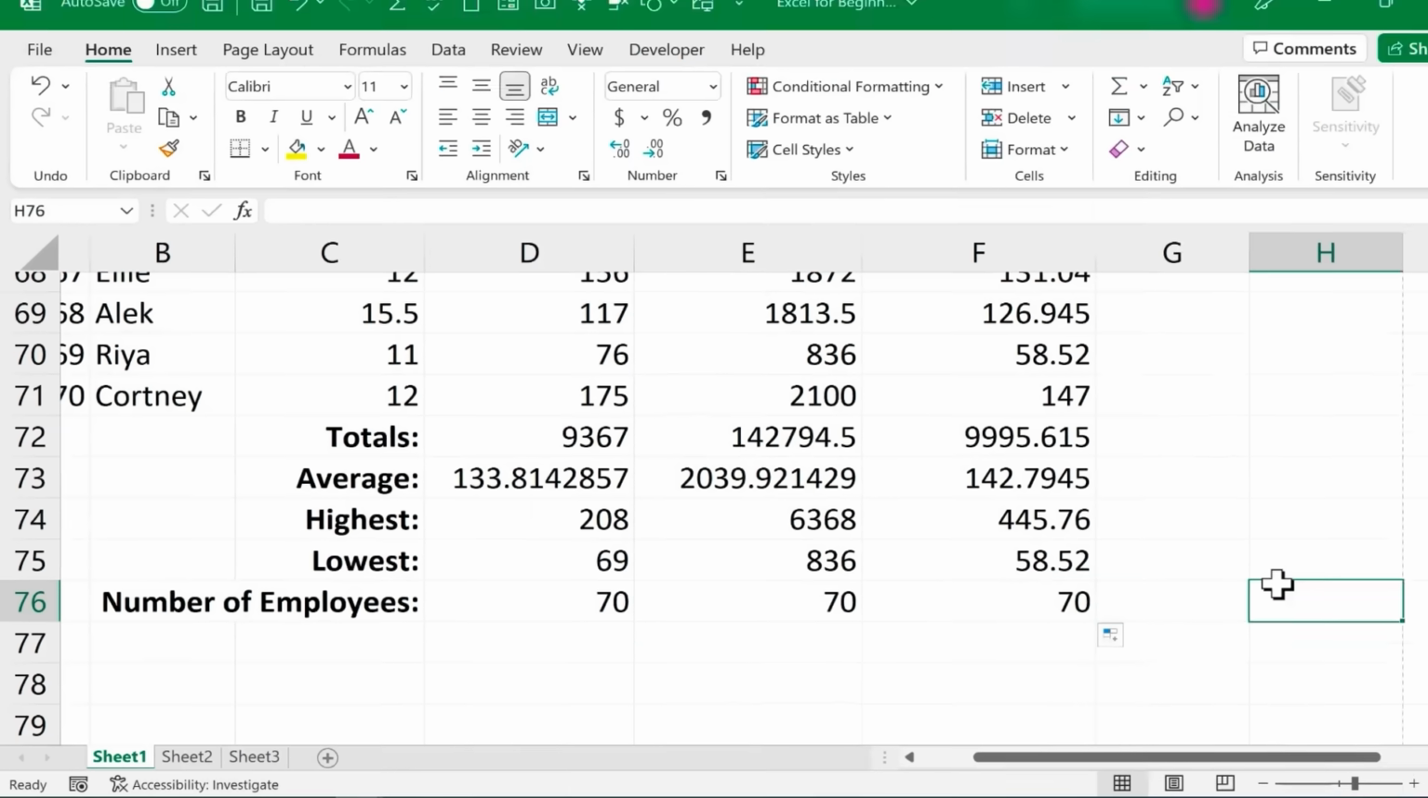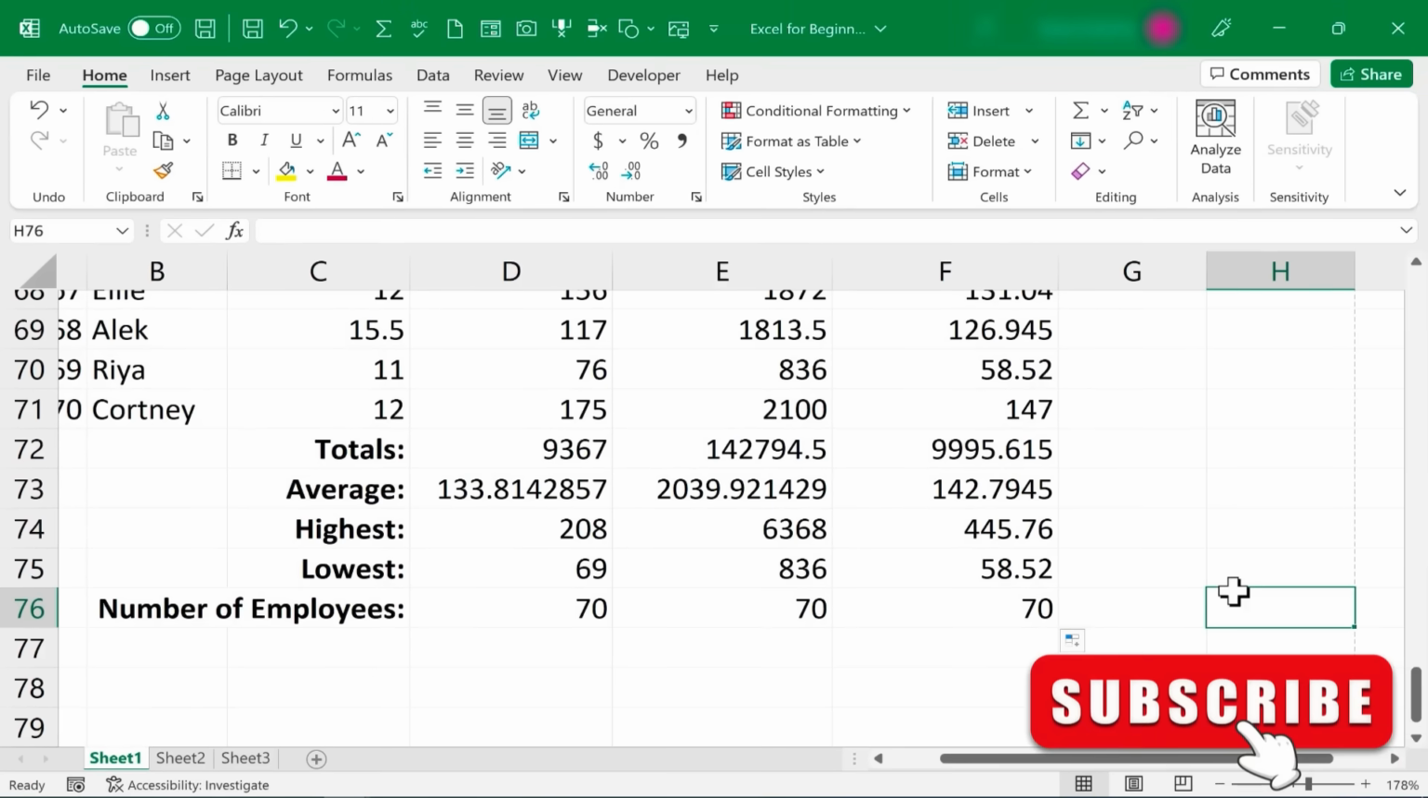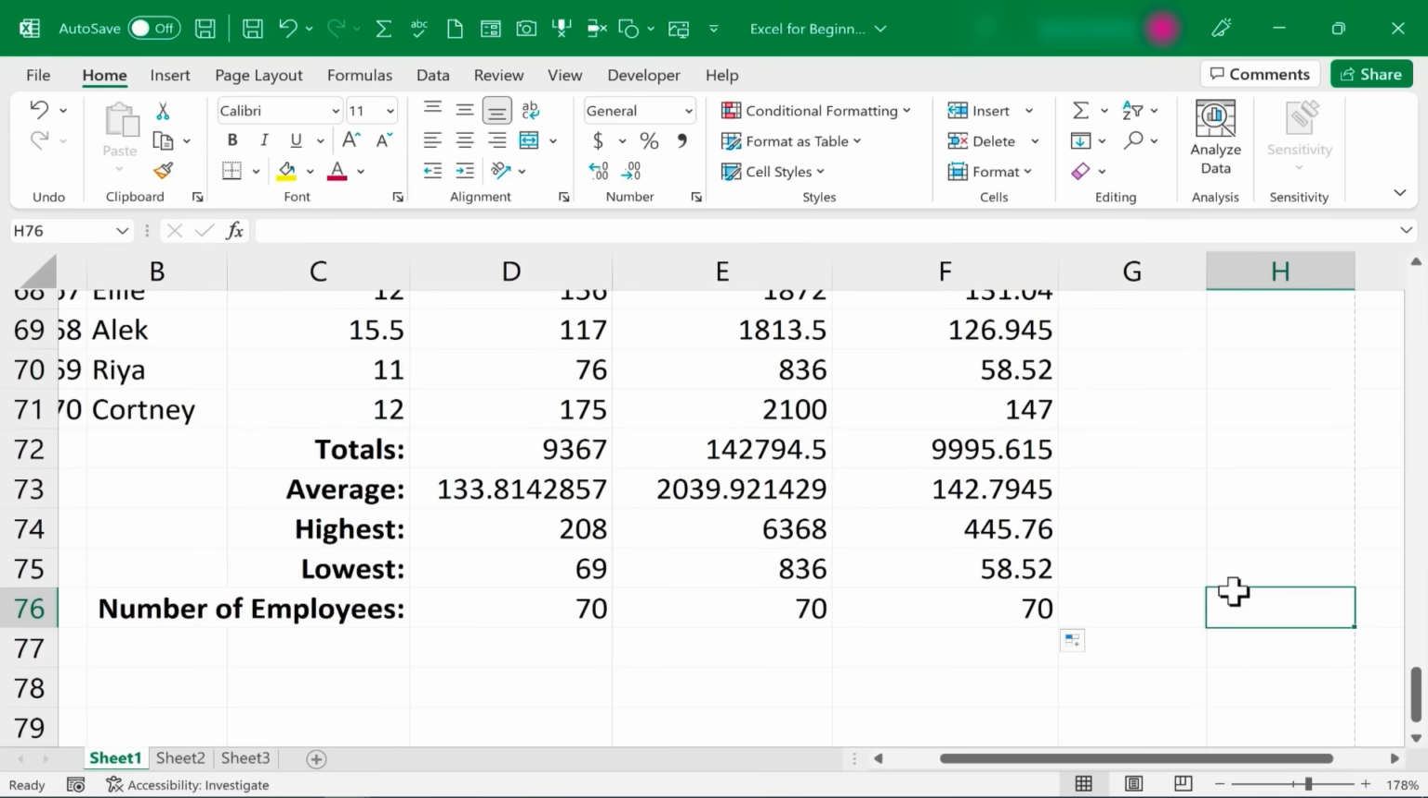So those are the 5 or 6 most commonly used functions in Microsoft Excel. If you want to learn more functions in Excel, check out my other videos. I have lots and lots of different functions that I show in those other tutorials, and there's more to come